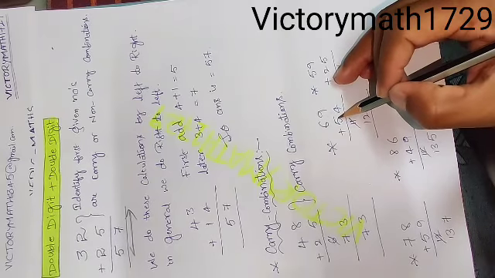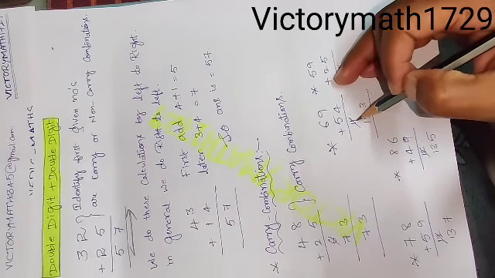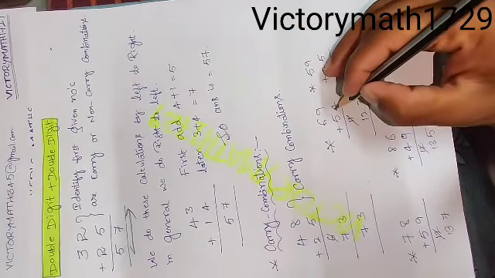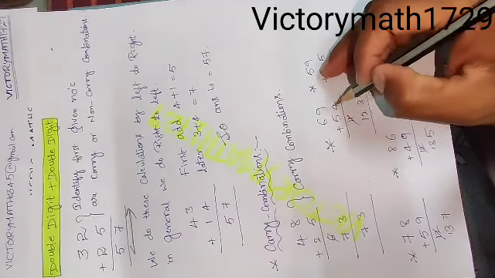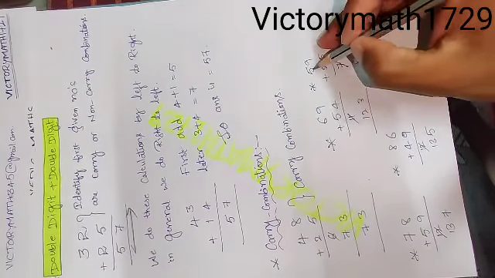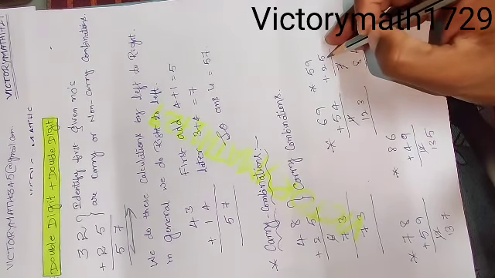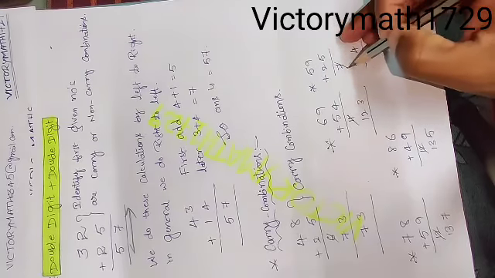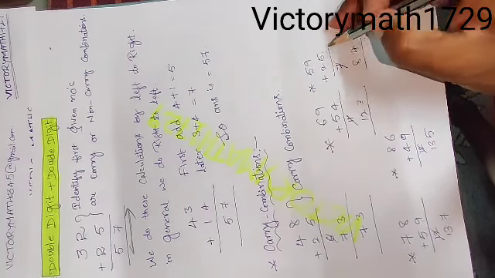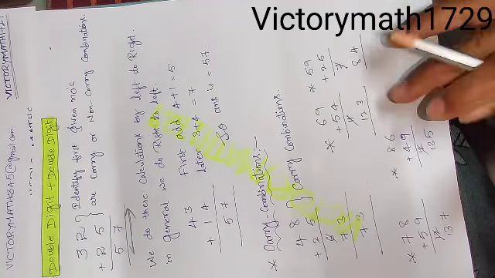Coming to the next one, 69 plus 54. Here 6 plus 5 is 11. Here 9 plus 4 is a carry combination. So 11 is crossed out and becomes 12, and the end digit of 9 plus 4 is 3. So the answer is 123. Next, 59 plus 25. 5 plus 2 is 7, but we have a carry combination, so 7 is crossed out and the successor is 8. 9 plus 5, its units digit is 4. So 84.